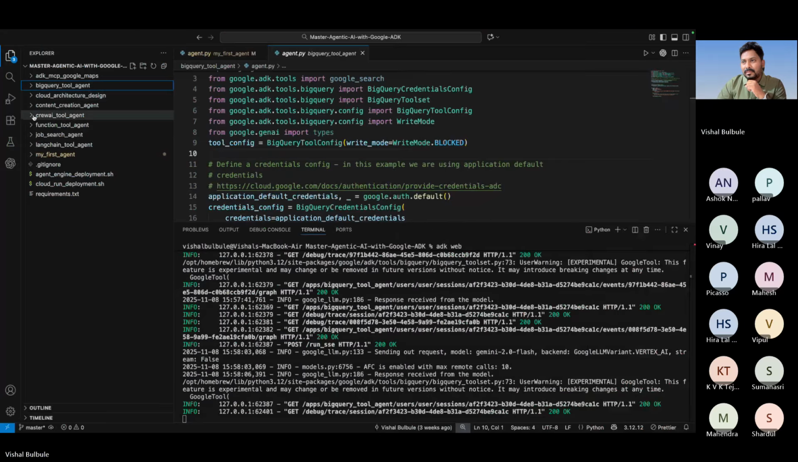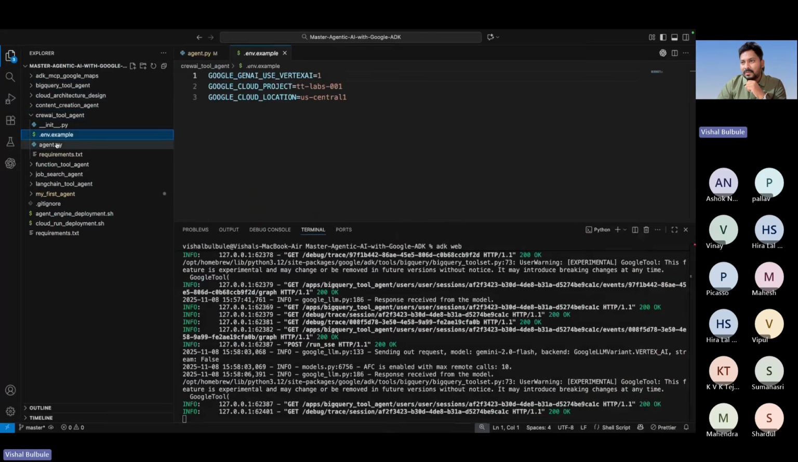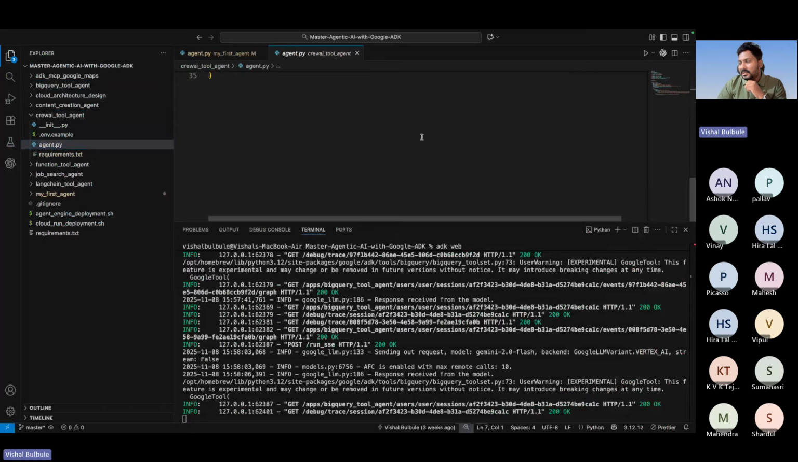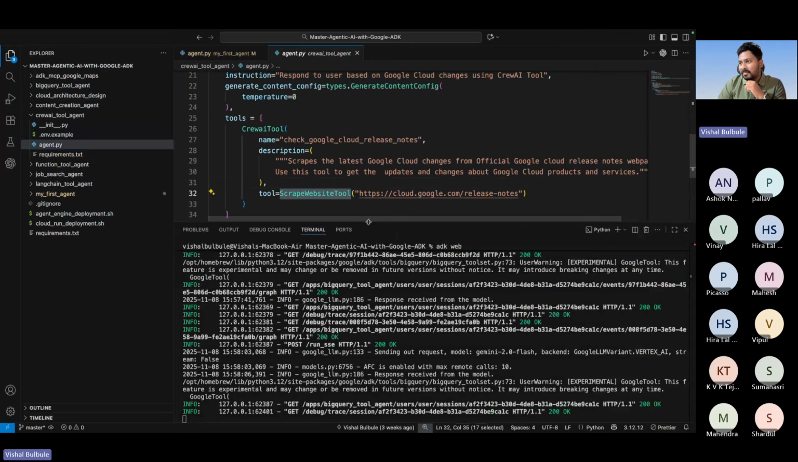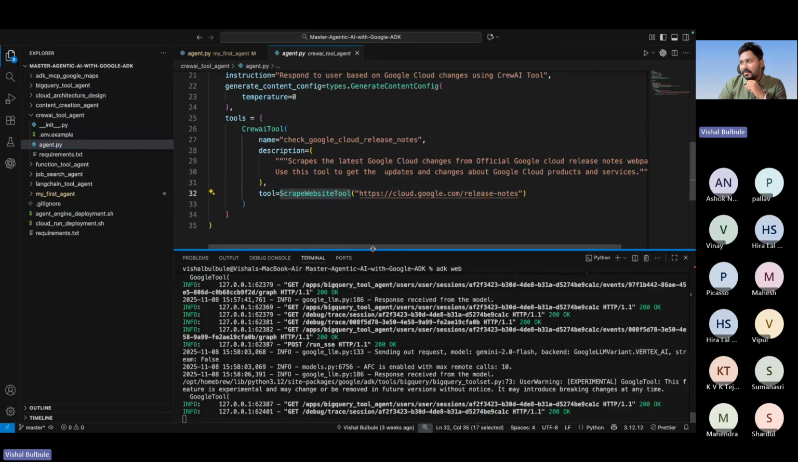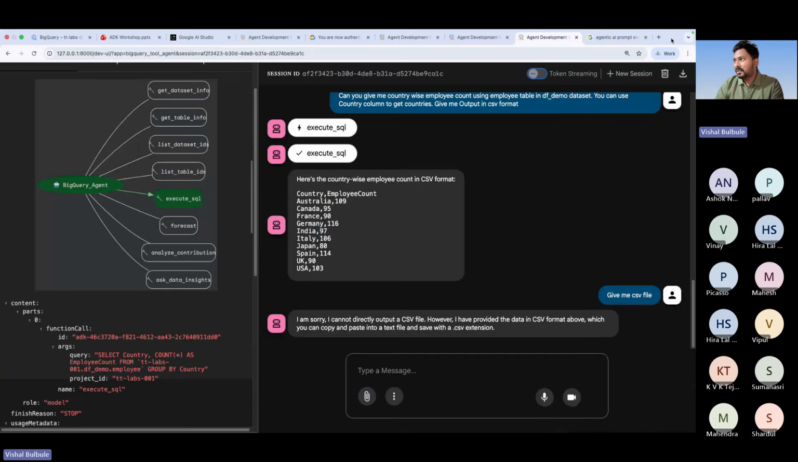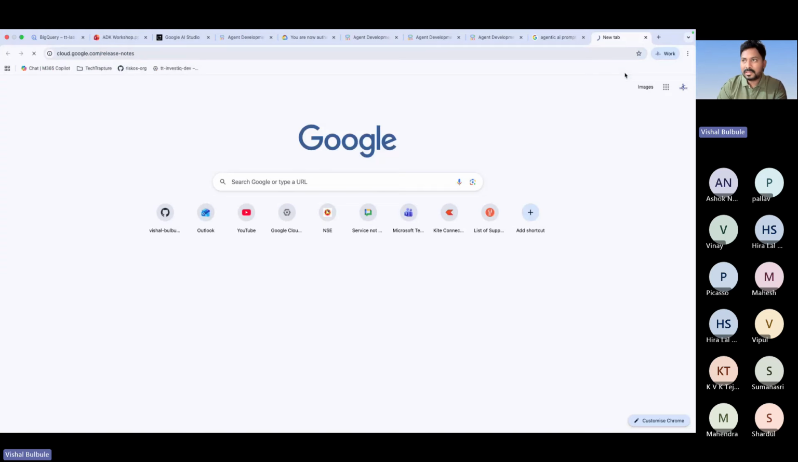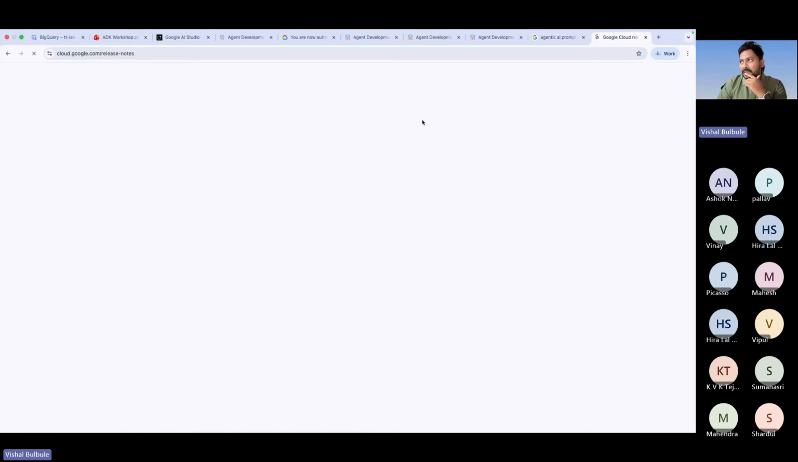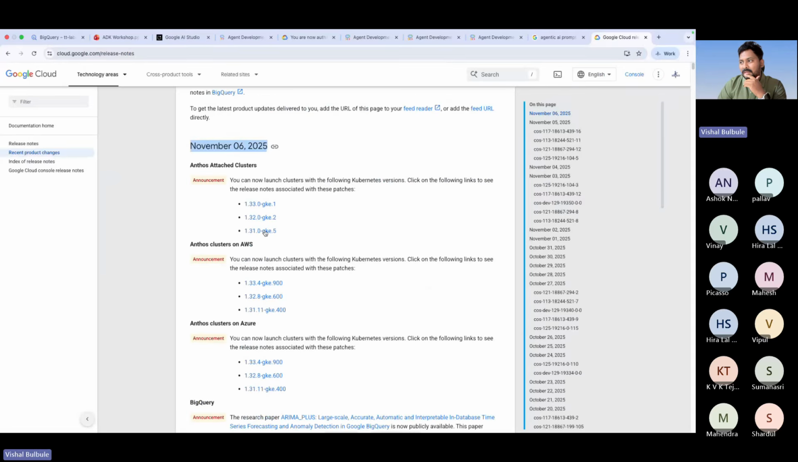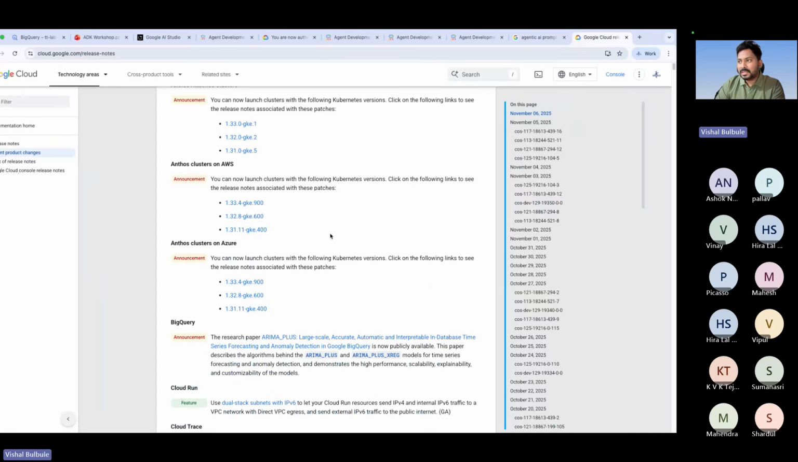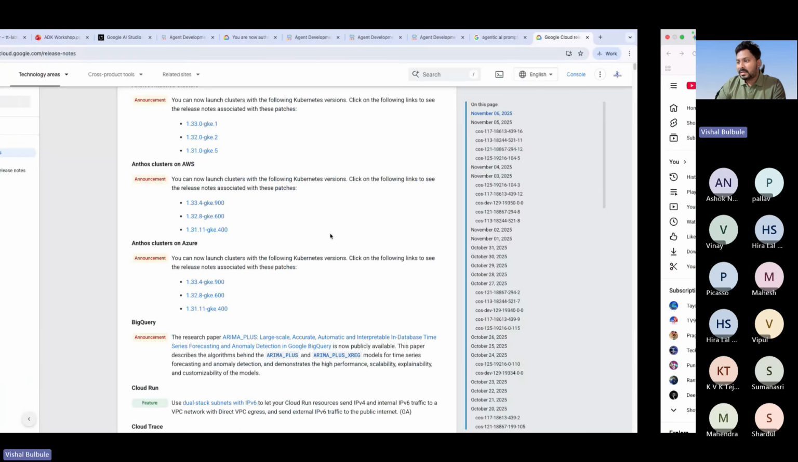Let's say with CrewAI, which tool are we using? The website scraping. I'll show you, this is a good example. There is a scraper tool from CrewAI, and what I am doing is checking the Google Cloud release notes. Every day or week Google publishes their releases, so it will give the release note of what was published on, let's say, the 6th of November. And I will use this agent to check